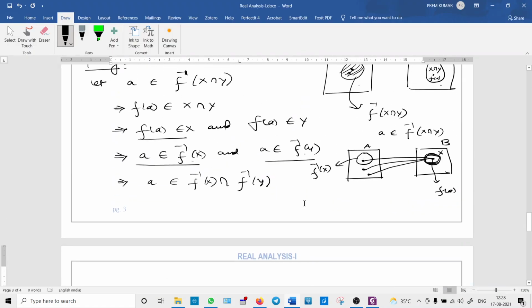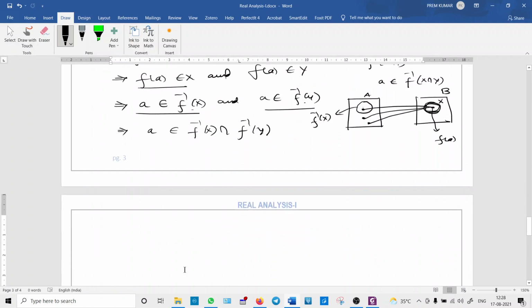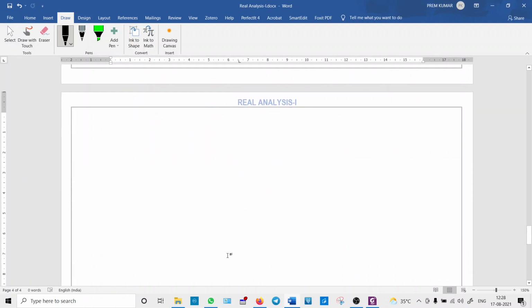So we have proved the first part. We took one element from the left hand side set. Finally we proved that that element belongs to the right hand side set. Now again the same thing the other way. Conversely,